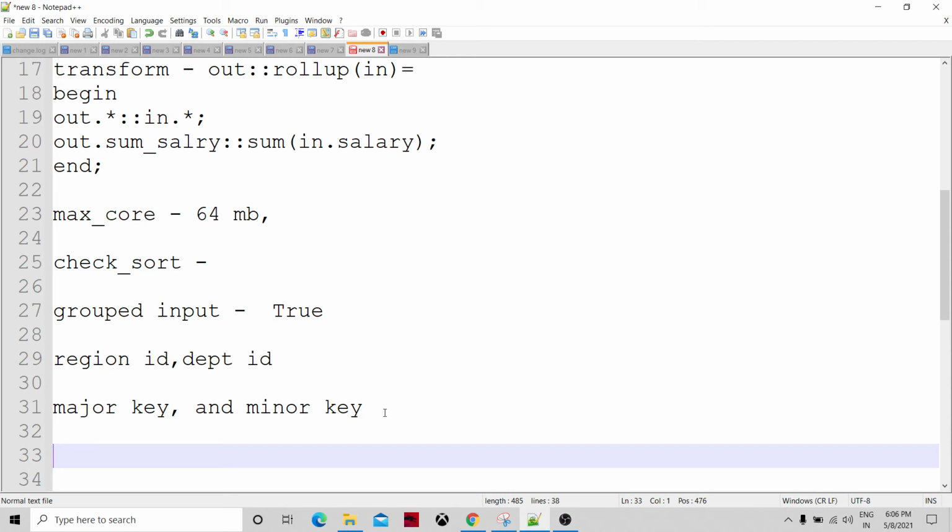And one more thing, the major key we need to specify as region ID. If we have data sorted on region ID, we can say that major key is region ID, but data is not sorted on both the keys. Data is sorted on region ID only. So in that way, we can tell the roll-up component that you don't have to worry about region ID sorting,